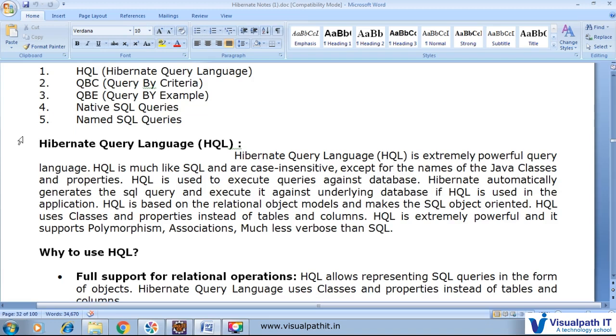If we retrieve some product from P, we directly write from product P, and after that we can do the operation with the help of P. The same thing we use in our object oriented query language. If we create a customer object and retrieve customer ID, we can write customer C equal to new customer and C dot ID. Similarly, from product P, and after that P dot something.